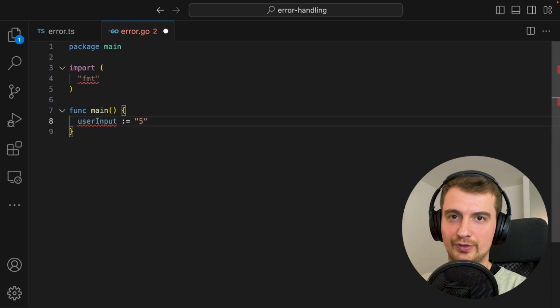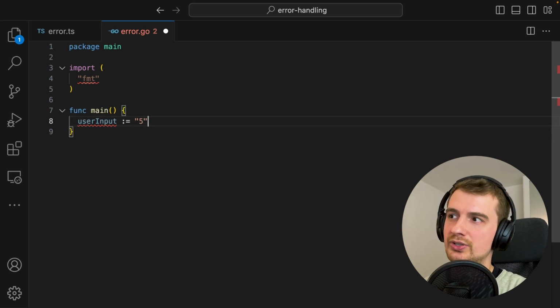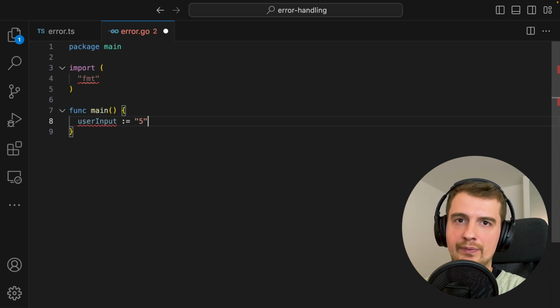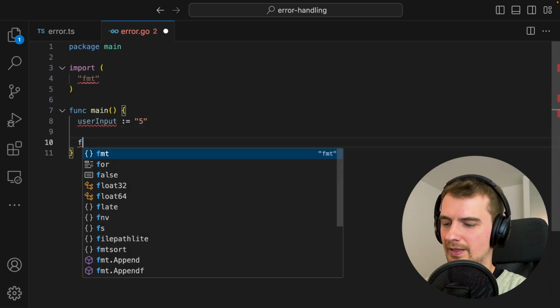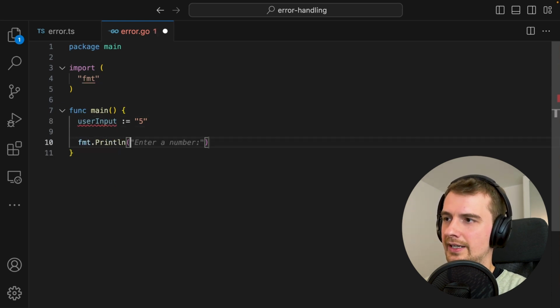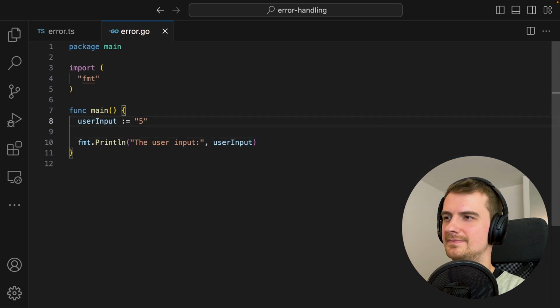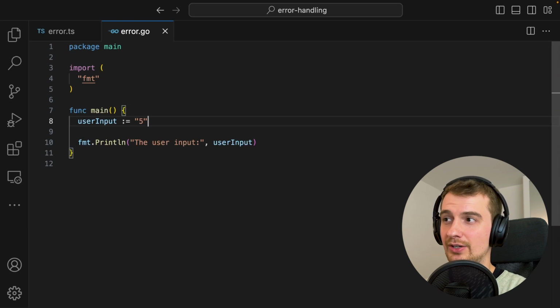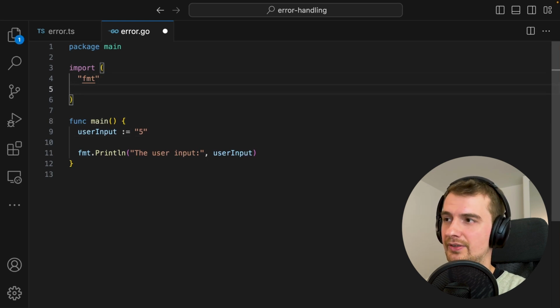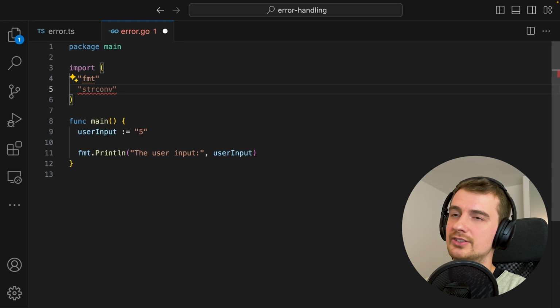As it stands, we get a few errors, which is because we don't use the fmt package and we don't do anything with our userInput variable, so they're currently unused, and Go really doesn't approve of that. So let's quickly make use of them by writing fmt.Println and then use the userInput, which should get rid of all of our issues. Now we are faced with the same challenge as before. We have a userInput of type string and we want to ensure that we're able to work with it as a number. So in order to do that, the Go standard library provides this package called strconv,